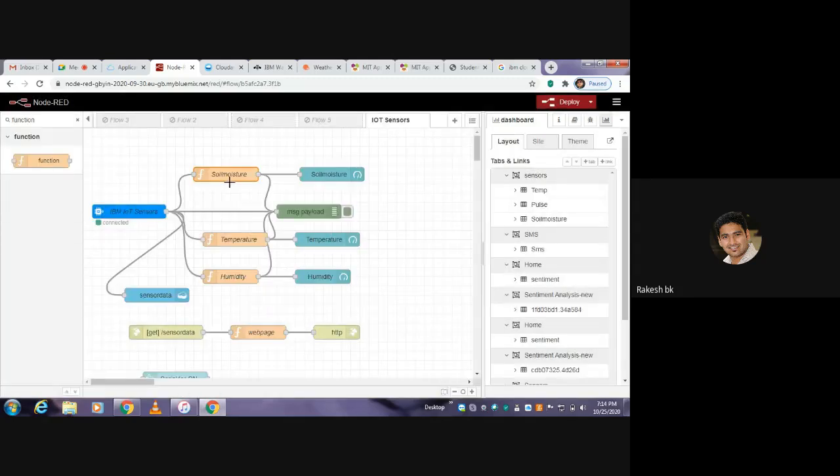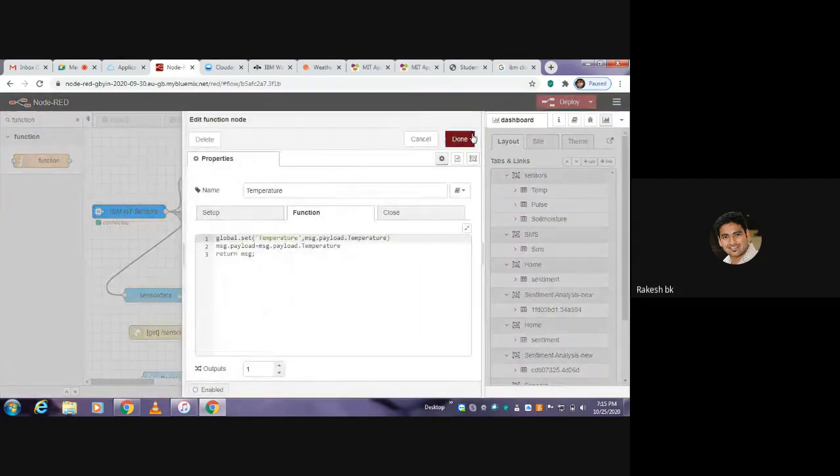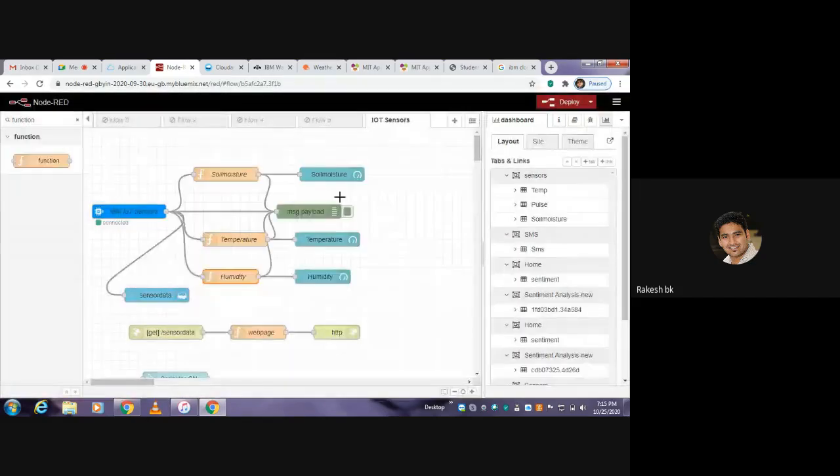Similarly, you just drop down two more functions. You drag them and push them onto the flow editor, the same way. Click on that, edit it. Once you're done, you have to display the data on the web user interface in a particular format. There should be a proper way to display it on that user interface. To develop that, I want to display this data in gauge form. So I'll go with the gauge as one of the nodes.